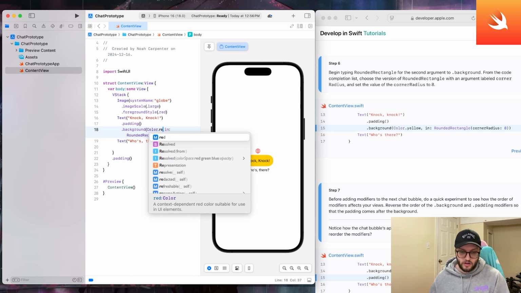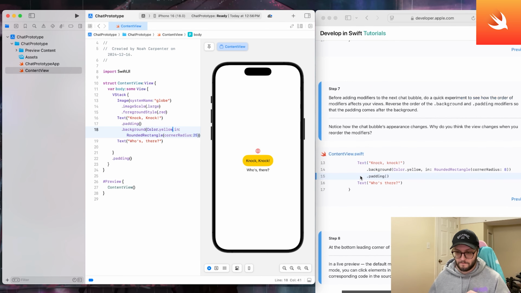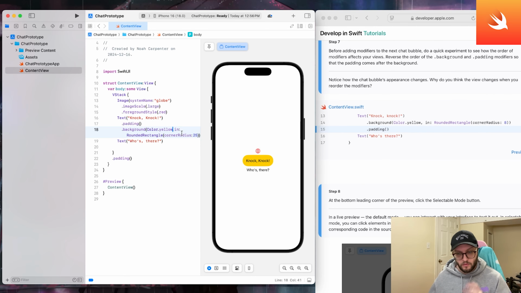We can even change the color if you wanted to make this red, right? We can see those changes in real time, experiment, make your UIs your own, and have fun with it. So before we move on, let's go ahead and see how the order of these properties also affects how they're being displayed. So if we take this padding and we Command X to cut it, and we are to add